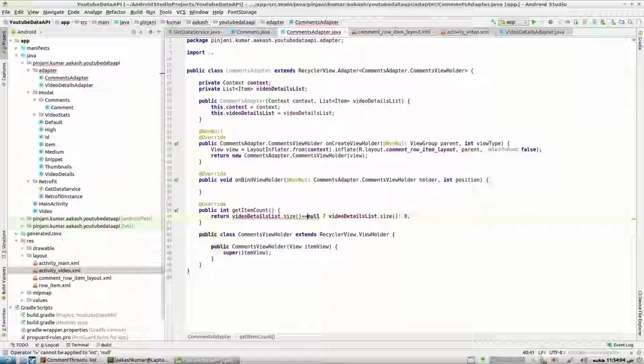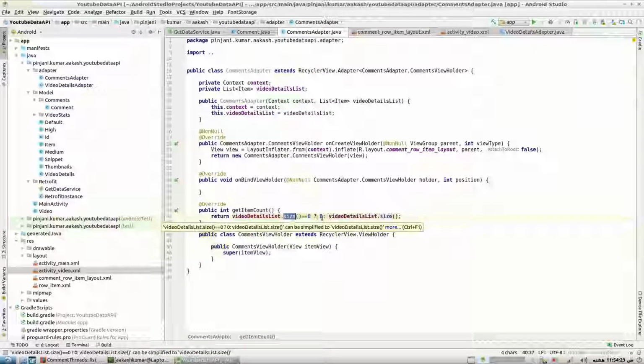Is equal to 0. If it is equal to 0, we're gonna return 0. If it's not equal to 0, we're gonna return the list size. Okay,